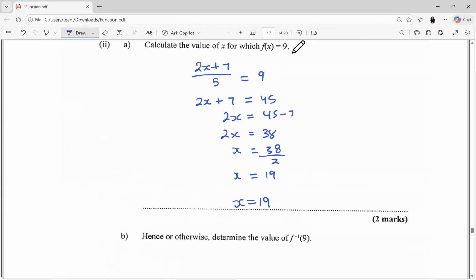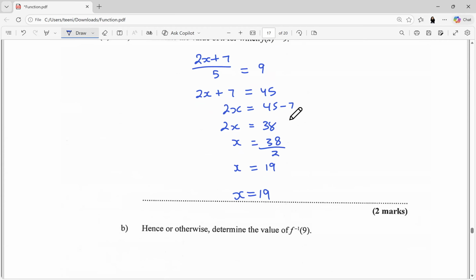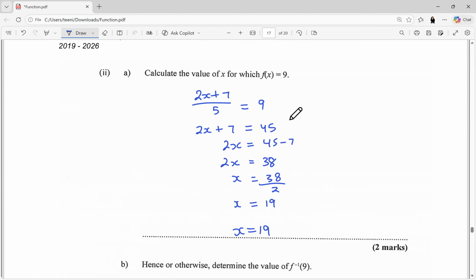So if f of x is equal to 9, then f inverse of 9 will be... 2 ways to do it. You can find f inverse and then substitute 9 into there, right? Or